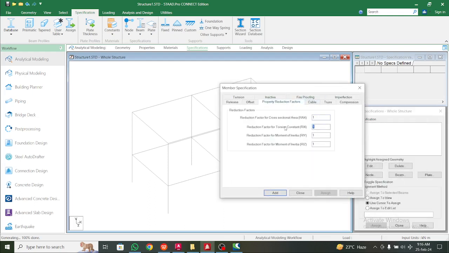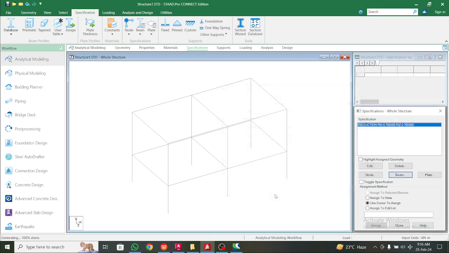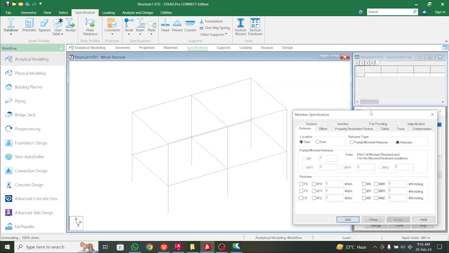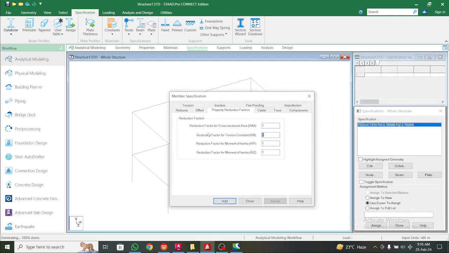Remember to apply these factors in the X and the Z direction only. That is the horizontal or the lateral directions, not in the vertical direction. So 0.7 for the columns here, and just add this, and also go to the next property, direction factors. We'll just go with 0.35. Just drop in a 0.35 here,